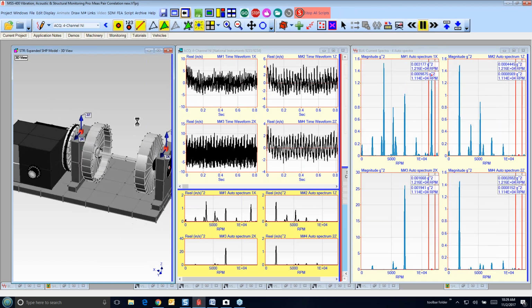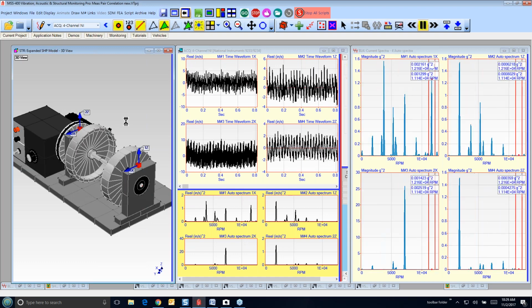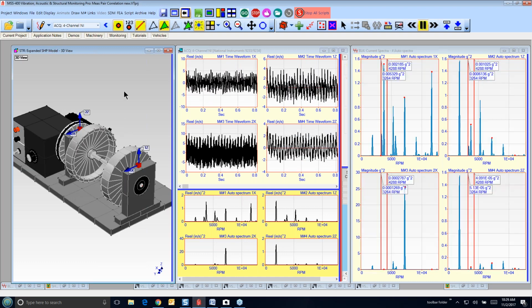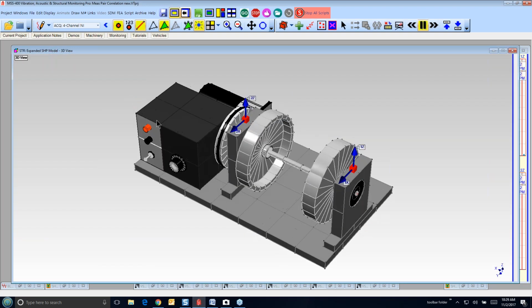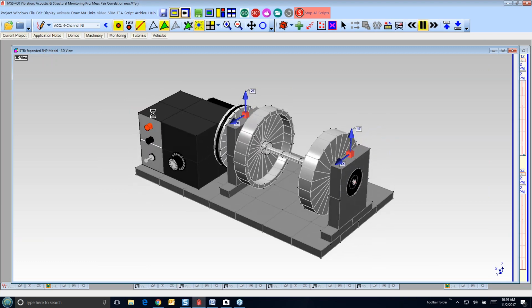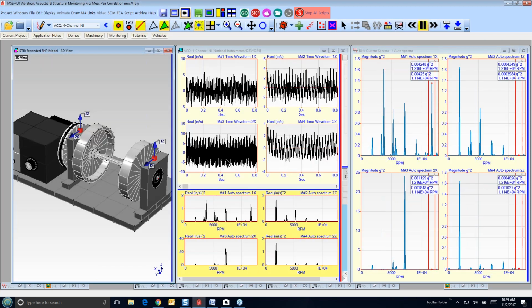So you can see over here on the model, this is another feature in MEscope with the acquisition window. Once I've got acquisition set up, and I link it to a model, it will show me on the model where in fact the data is being acquired from. So this is a very handy thing for doing a pretest, setting up your test, especially if you're impacting. But in this case, if you were doing route-based collection, then it shows you where the accelerometers need to be mounted, and the data that's going to be acquired. All right, we're bringing data in.